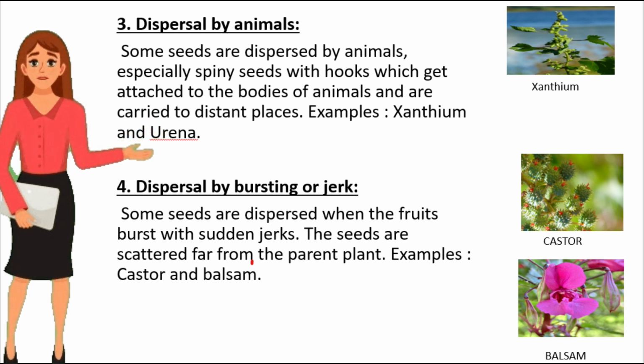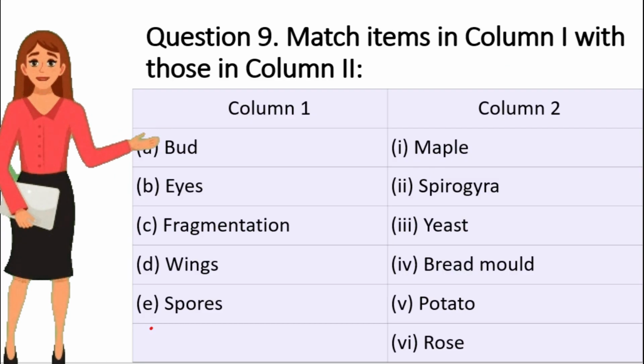Examples: xanthium and urena. 4. Dispersal by bursting or jerk. Some seeds are dispersed when the fruits burst with sudden jerks. The seeds are scattered far from the parent plant. Examples: castor and balsam. Question 9. Match items in column 1 with those in column 2. Answer: